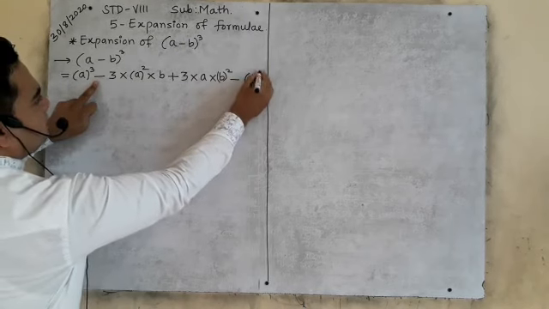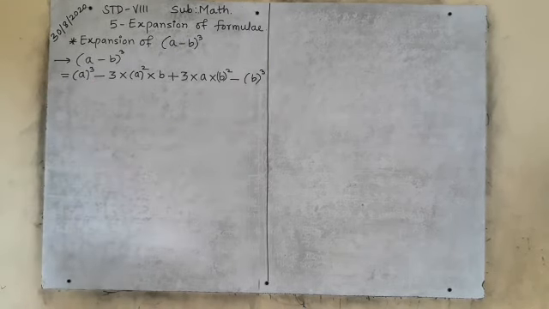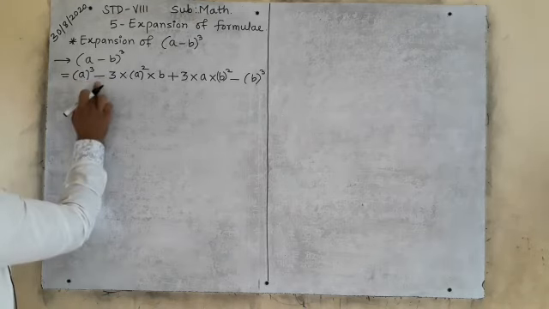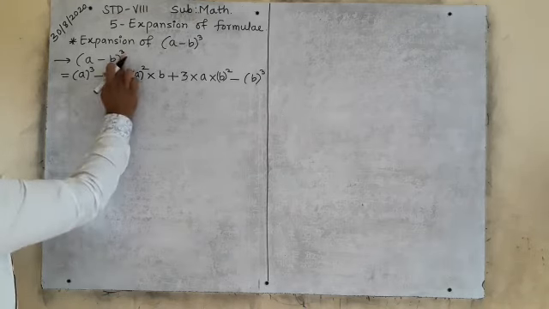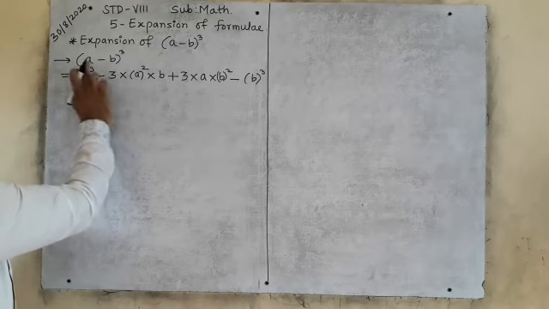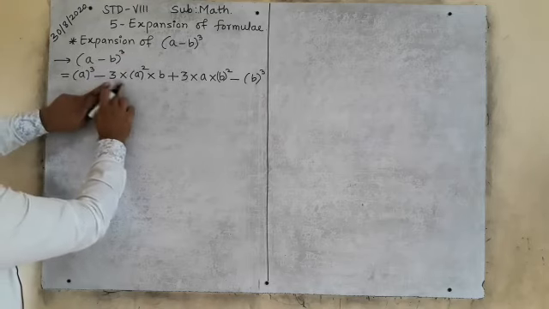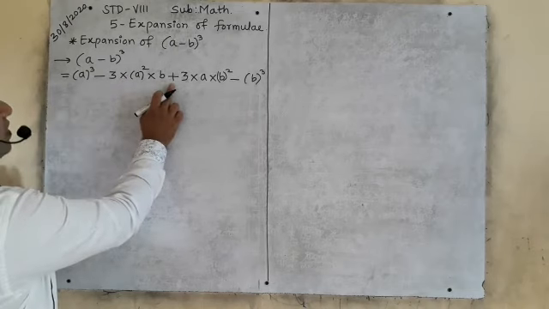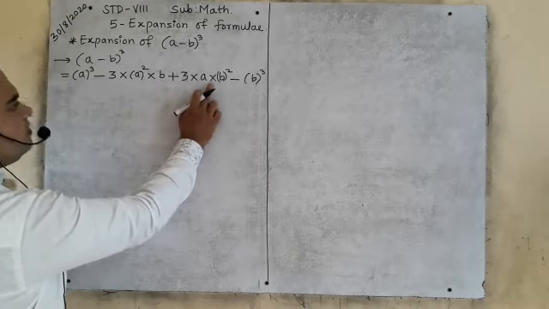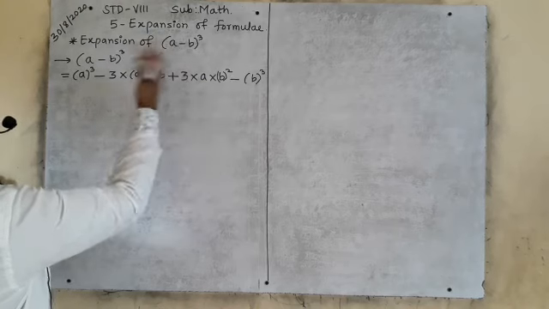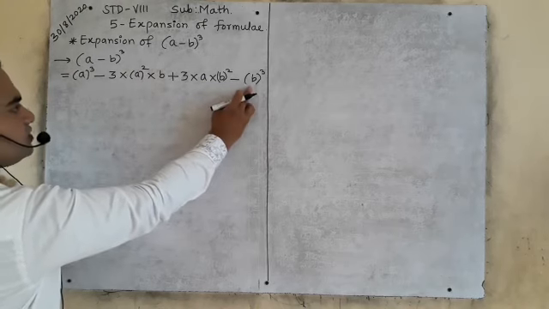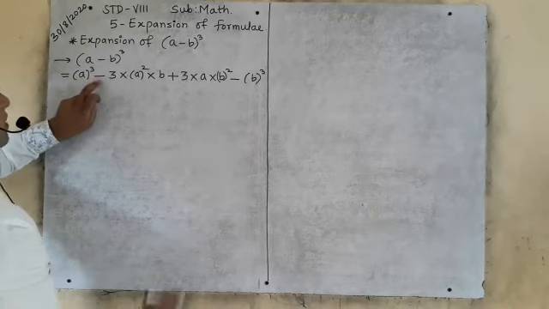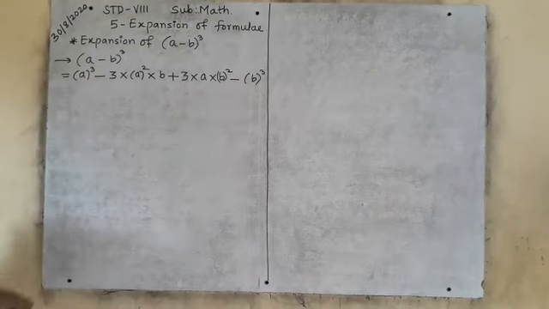Okay, second term cube. I hope you understood how to solve this. First you will give this cube to the first term, sign is minus. Then you will give this cube in the multiplication form to both the terms. How? 3 multiplied by square of first term multiplied by second term plus 3 multiplied by first term multiplied by square of second term minus cube of second term. Is it clear? In the beginning it will be minus and in the end it will be minus.